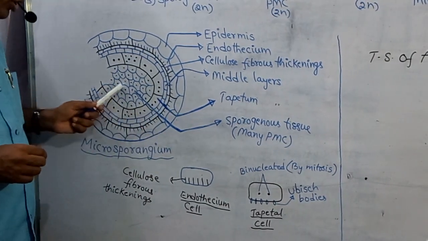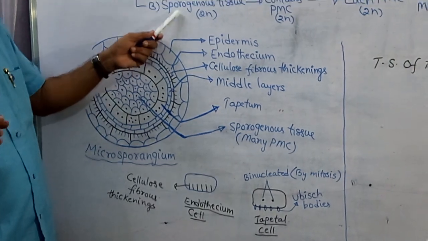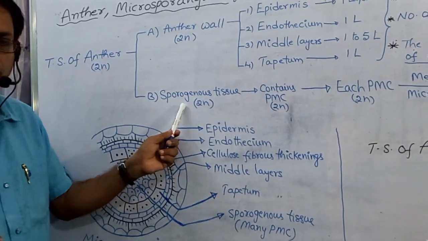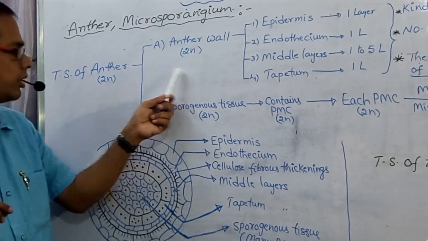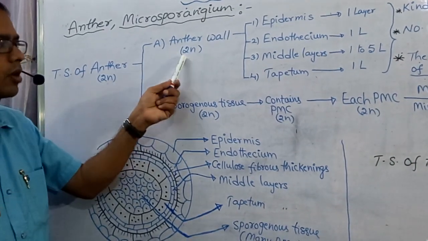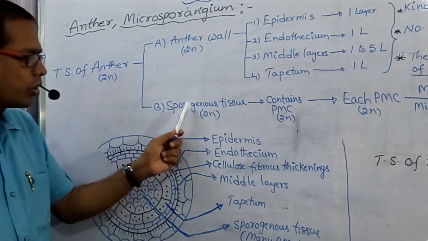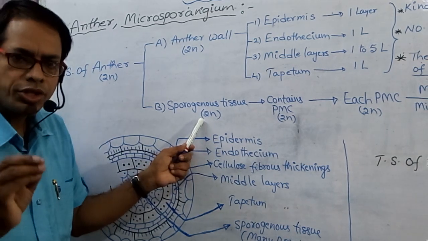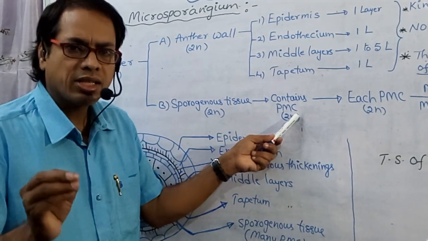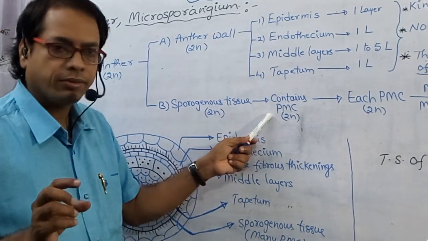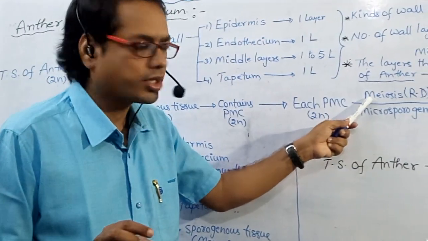And see, this is the sporogenous tissue. This is the central part of the anther. Sporogenous tissue is diploid in nature. Anther is diploid, anther wall is diploid, that means all these parts are diploid. Sporogenous tissue contains many pollen mother cells. Number of pollen mother cells in sporogenous tissue? Many. Each pollen mother cell undergoes meiosis and forms